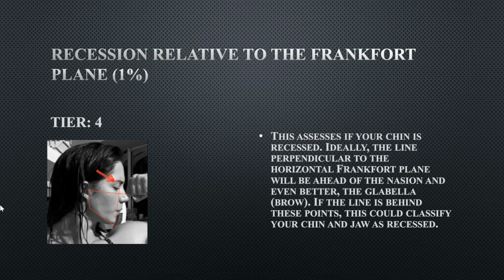Her recession relative to the Frankfurt plane angle: the line is perpendicular to the Frankfurt plane angle. So the Frankfurt plane angle is a line that you see across her face, and the line that's going up vertically is the line I'm talking about that goes perpendicular to that Frankfurt plane angle. And that line that's perpendicular to the Frankfurt plane angle should